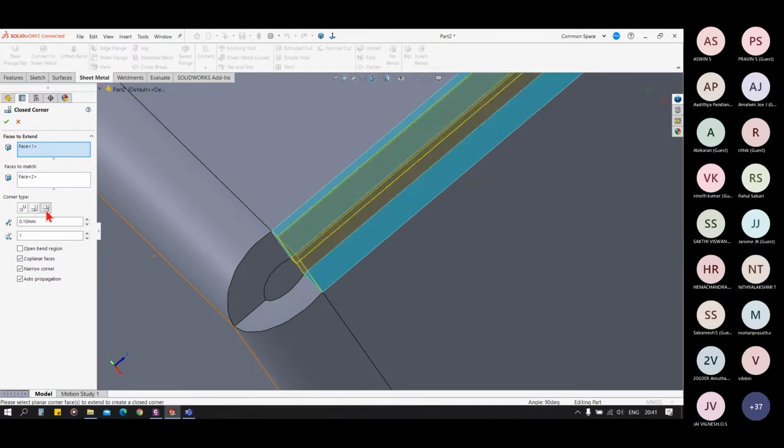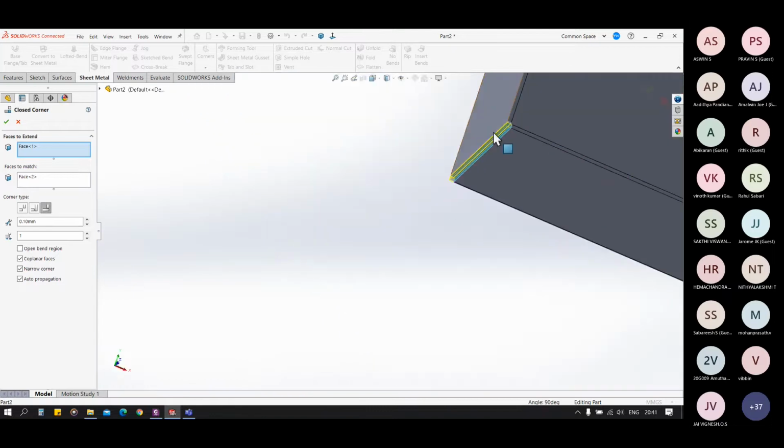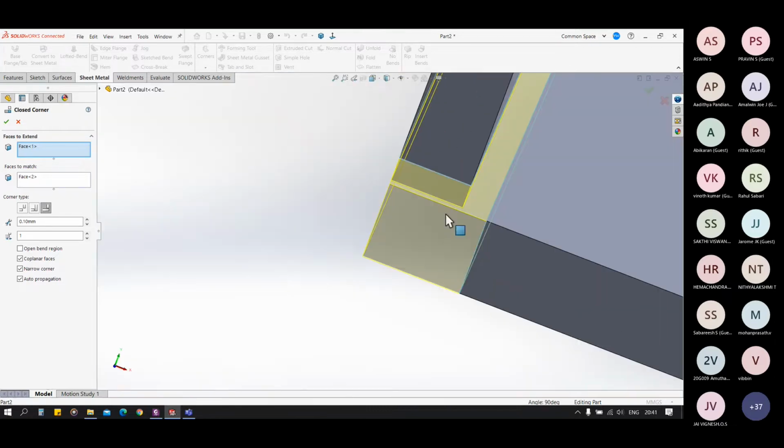We have options for the different sides also. We can change the direction of the extension using this. We can have this type of corner also. There are 3 types of corner: butt, overlap, and underlap.